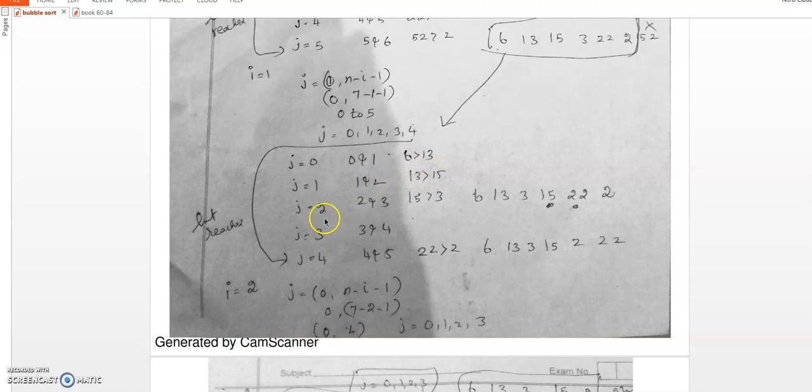When j equal to 2, 15 is greater, so we have to swap it. 2 and third means these two positions will be swapped. After swapping, this is the output. When j equal to 3, 3 and 4 will be compared. What are the 3 and 4? 15 and 20, already in ascending order. When j equal to 4, 4 and 5 will be compared, so it will be swapped. So at j equal to 4, the limit is reached. Next it will go and work on the outer loop.